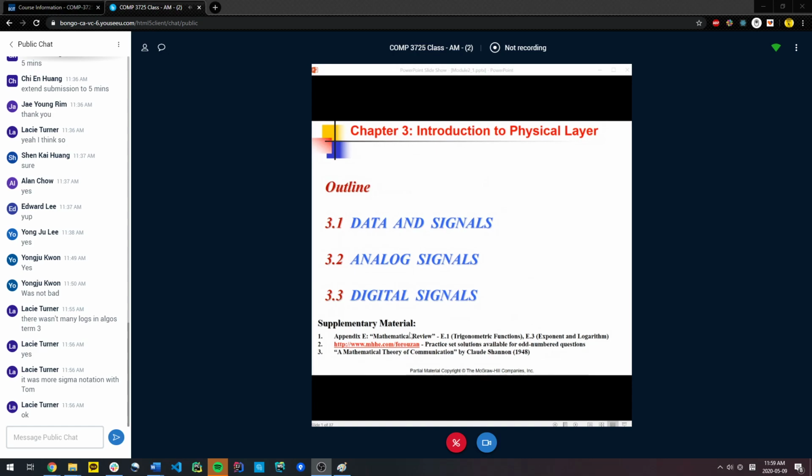Point number 2. Let me say this again. The entire solution is available to you, in fact published at no cost to you from the publisher. The publisher officially publishes the odd number questions to students. But I think, given that you're computing students, you should be able to find the whole set of solutions available. Any questions on that? Okay, then there is a third article that I posted, and this is optional.